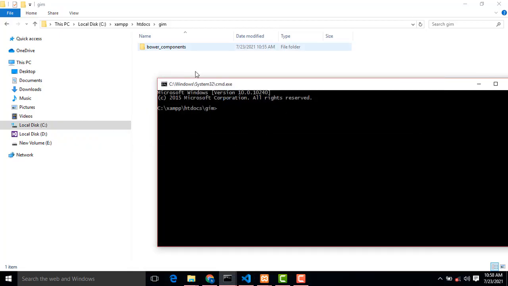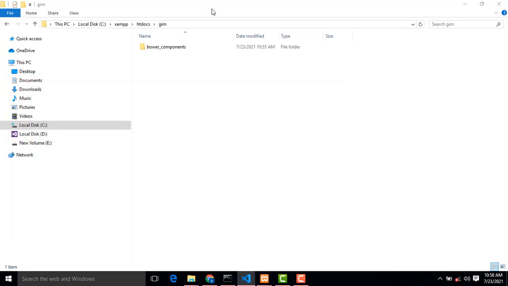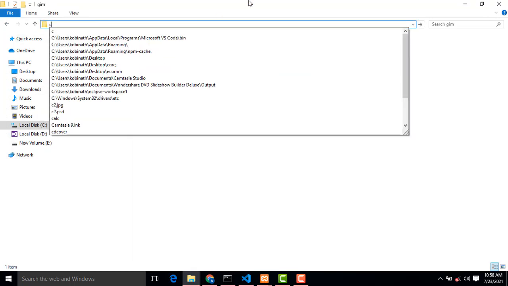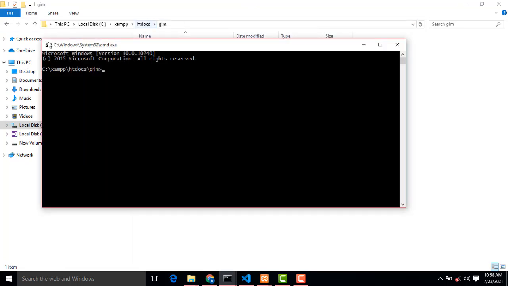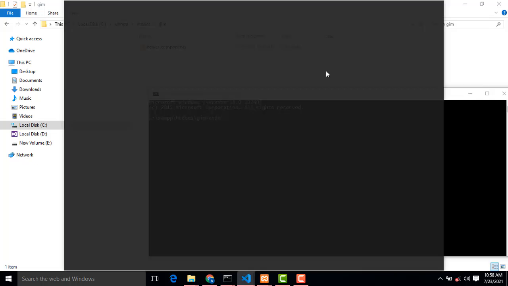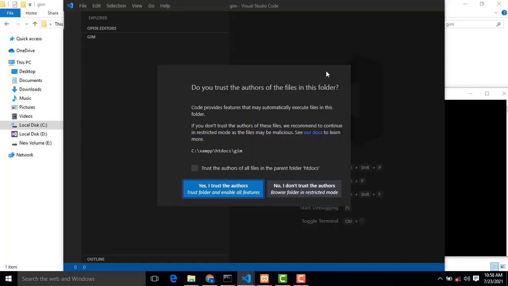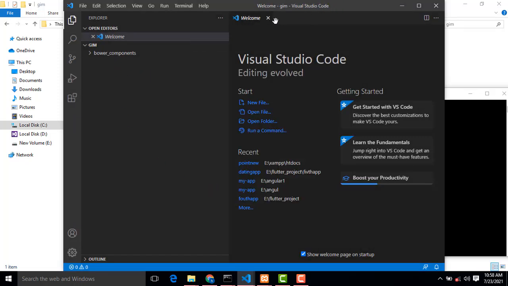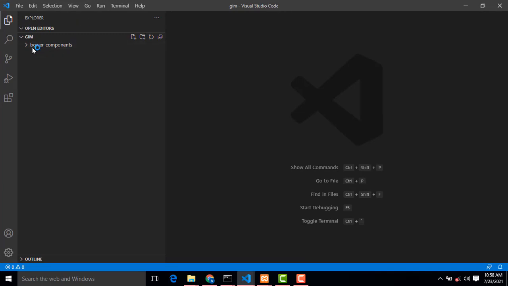So here is a simple way to open the project. After installing the VS Code editor, you just go to the path of the file, here this one, gym management system. Here I just type the cmd command, the simple way to open the project: code space dot, and press enter. Your VS Code editor will open along with your project. Right, simple. This is the folder structure you have created.